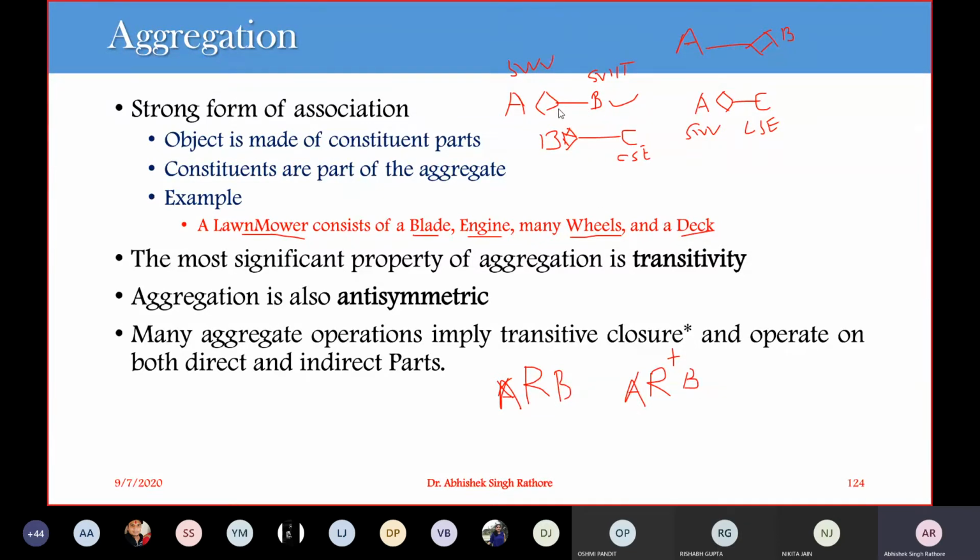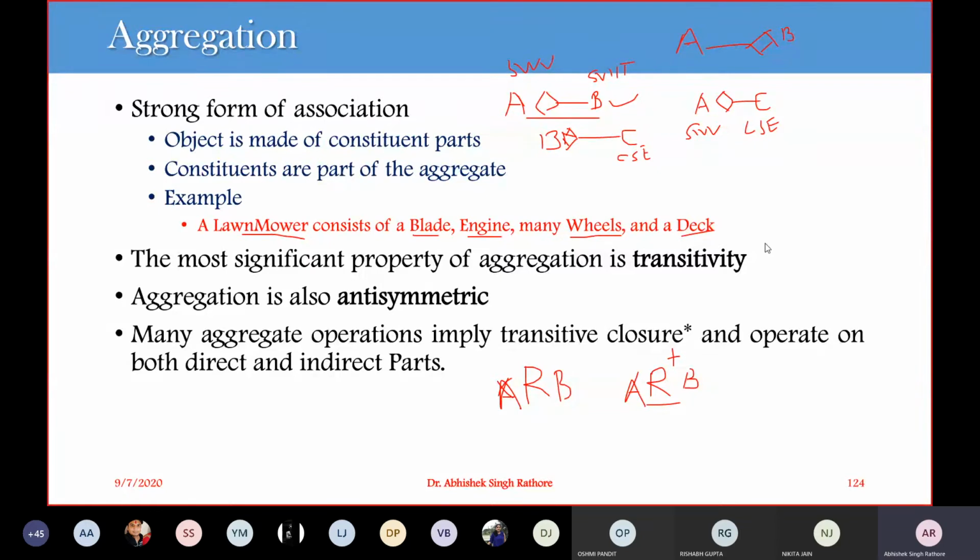So we can say that either from this side or from n number of combinations of this transitivity. This is n number of transitivity, zero or more. This is one or more transitivity. So this is a transitive closure, and we have n number of items available. Aggregation again satisfies transitive closure, and it operates on both the direct parts and the indirect parts.